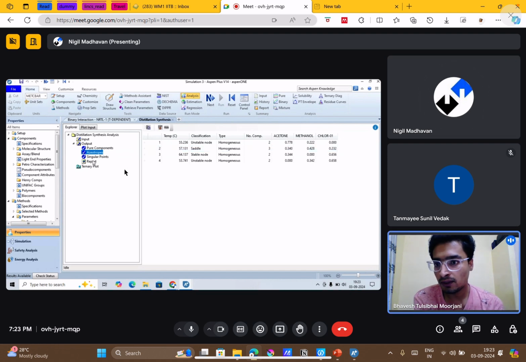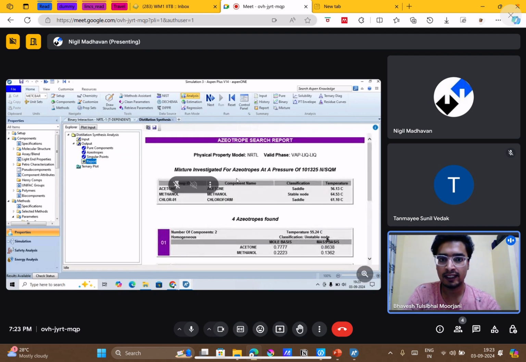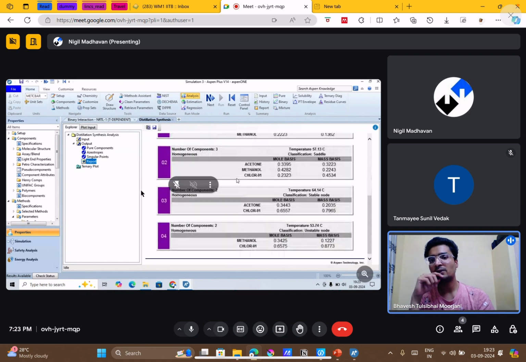Then go to the singular point part. Singular point will show the important points in your ternary diagram. So this 1, 1, 1 shows the boundary of your ternary diagram. Okay, and then you have azeotropes as well, both binary and ternary. You can see the report also. The report gives you the data in sheet form. So rather than using the ternary diagram itself, we can use this to get a report. Okay, and if we go into the ternary plot,